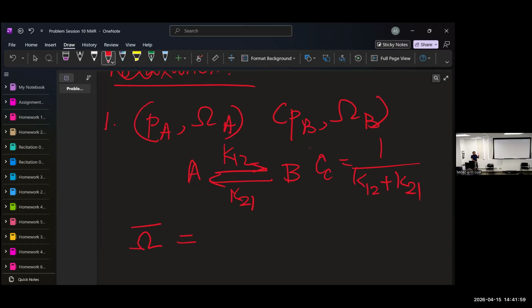Remember, this is the fast limit, so kex is necessarily much greater than omega A minus omega B. What do we get from the steady state? So the mean chemical shift is then